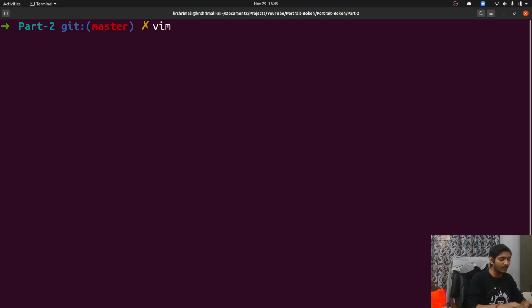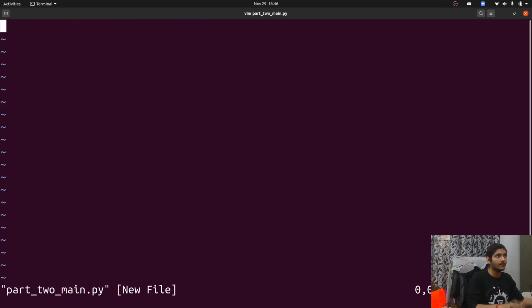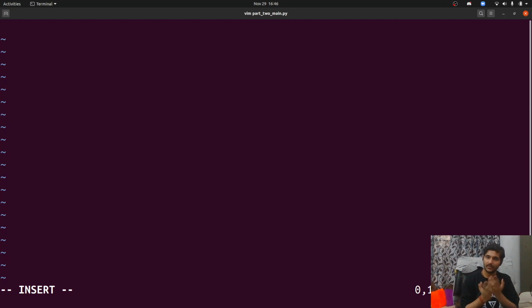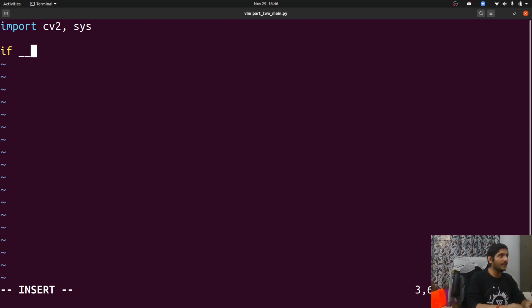So let's make this file called part2 main.py, and as always, we're going to read an image first, because that's the first part, right? Let's divide this step by step. Let's make a main function and try to get an image path.